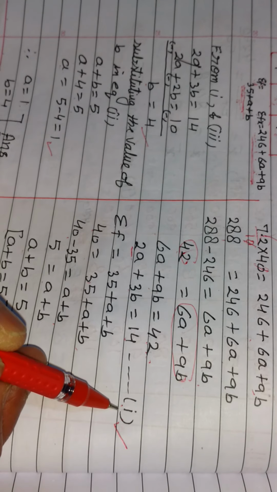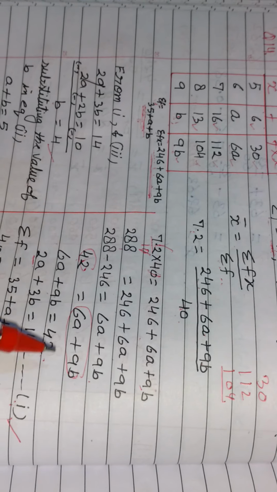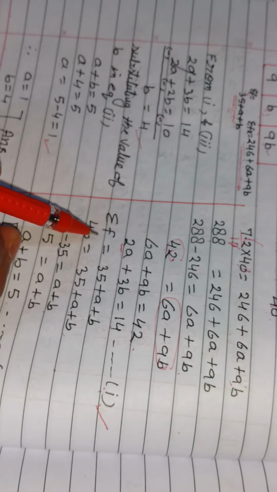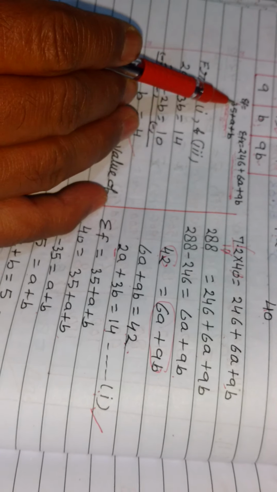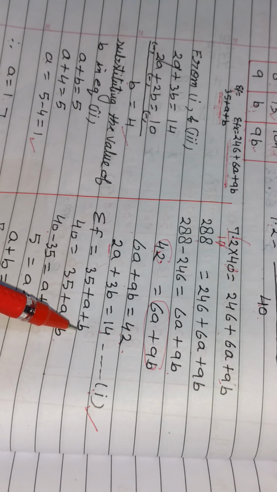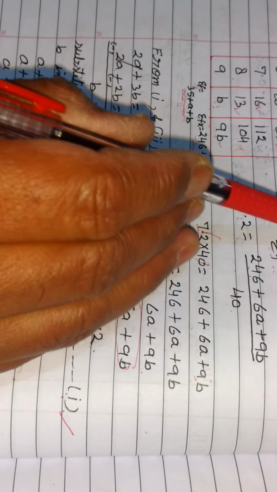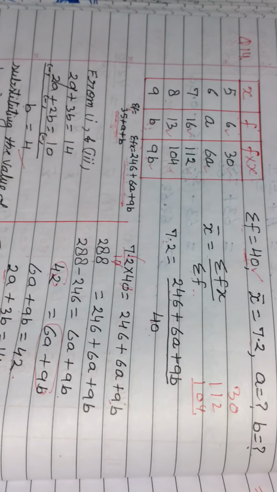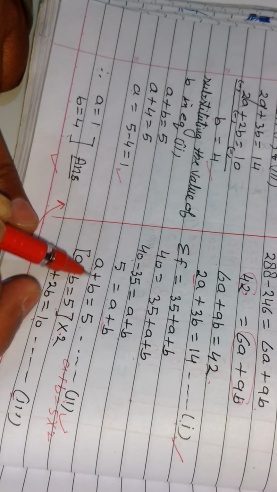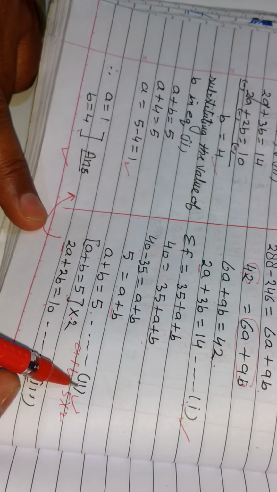So I have taken this as equation 1. As there are two variables, a and b, two equations should be there. The one equation I have formed, so the second equation I will make from this. See, the other part: sigma f is given. 35 plus a plus b we got, and the value of sigma f is also given, 40. So we put this value of sigma f, 40, here. It is coming like this. Take the numbers together. Again, as I told you, a plus b variables on the left side, we write this number. So this is the second equation.